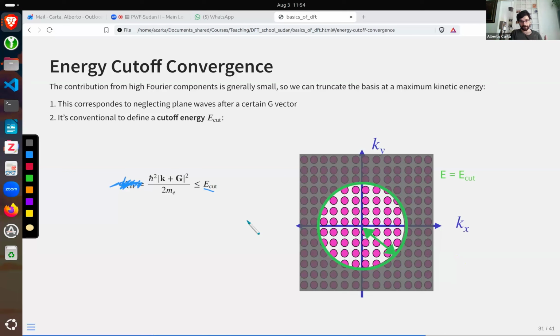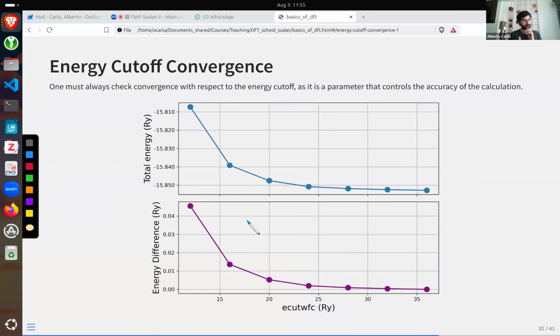So whenever you hear plane wave cutoff, ECUT, energy cutoff, it always means the same thing. It means that out of all the Fourier coefficients that you can use, you decide on a subset of them enclosed in some sphere, and that sphere determines how far you can push your basis to describe your system. One must always check the convergence of the energy, and in general of a lot of physical observables, with respect to the energy cutoff, as this is the parameter that controls the accuracy of the